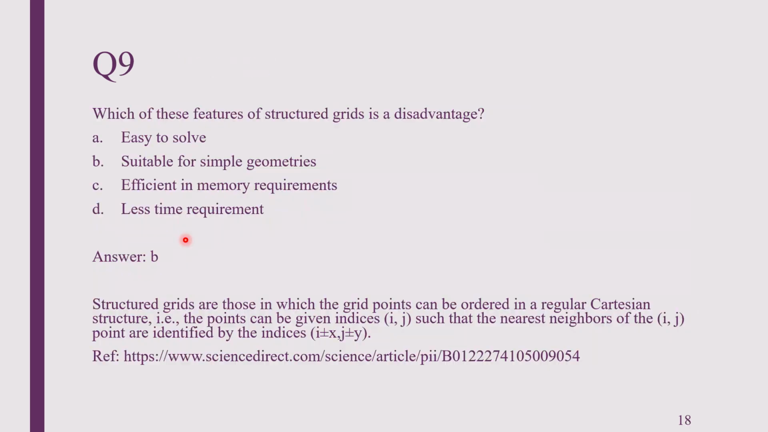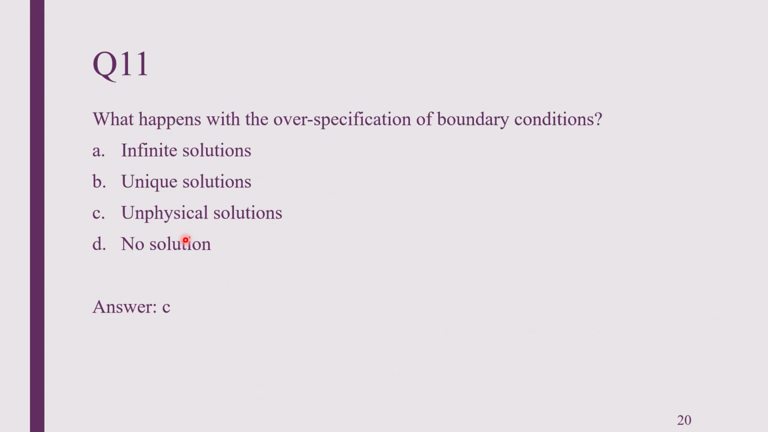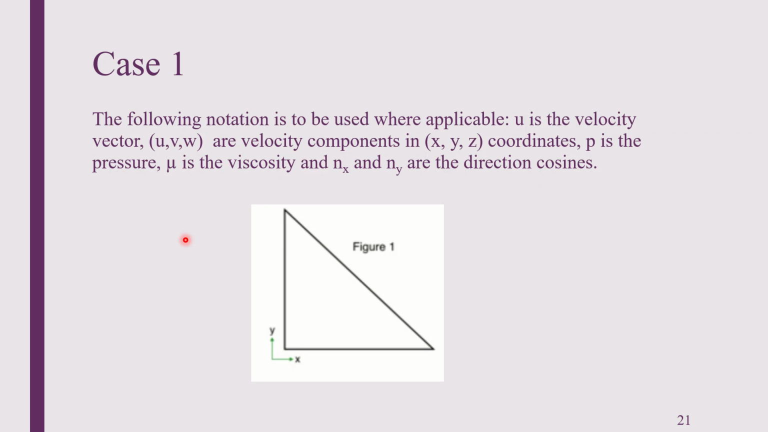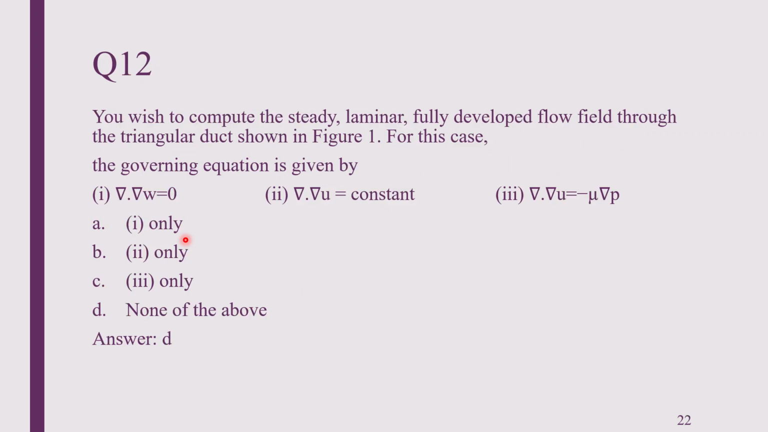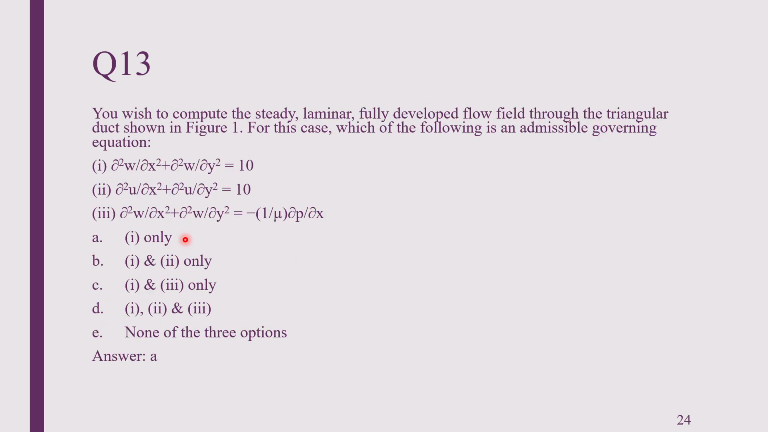So definitions are given. And structured grids are easier to solve, but they can be used only for simple geometries, which is a disadvantage. Under specification leads to many solutions, whereas over specification leads to unphysical solutions. And we saw the flow through a triangular duct, and it was about the governing equation which we obtained after reducing from the continuity and the momentum conservation equations. And similarly,